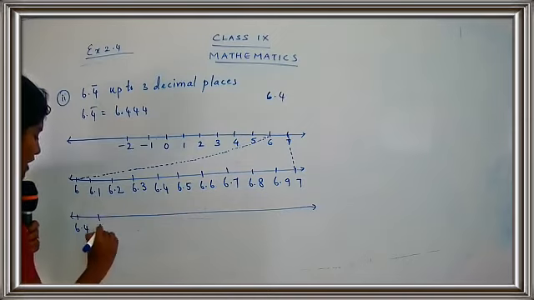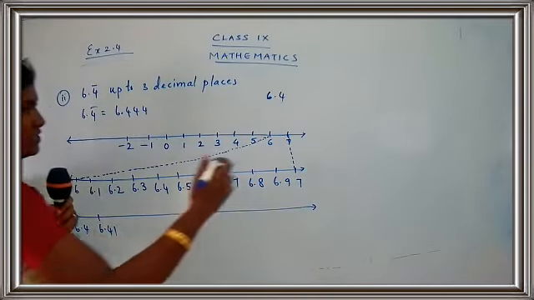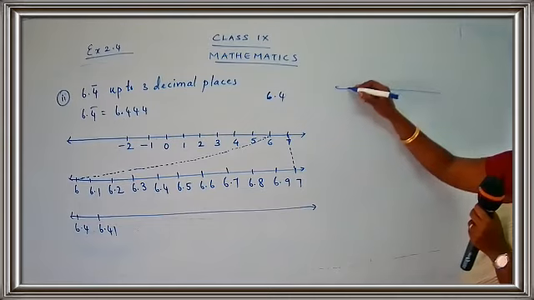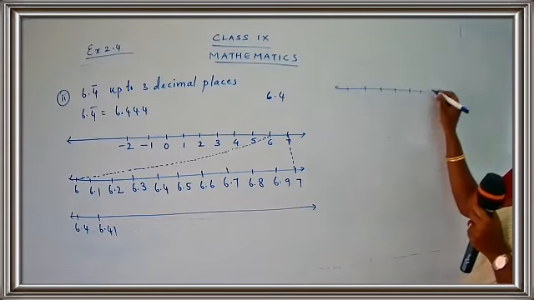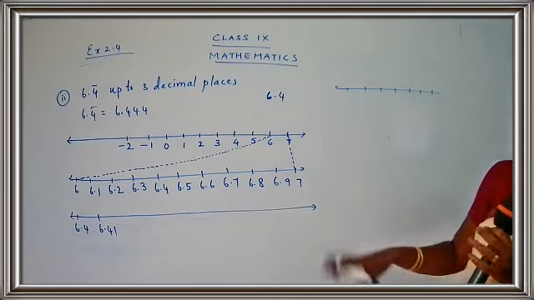So 6.41. Write down slowly. No need to hurry. Write down neatly. Do not measure. Write down the numbers with the proper space. You can use your scale for writing the proper measurement. What you have to do, children, is keep your scale first of all, and using the scale go on marking the lines. At least mark 10 lines and then you can go on writing the values. It will be easy. It will look neat also.